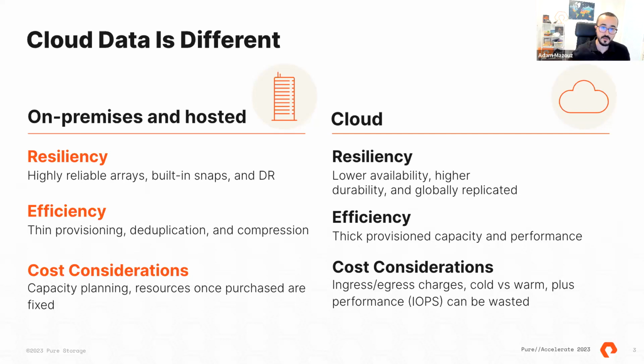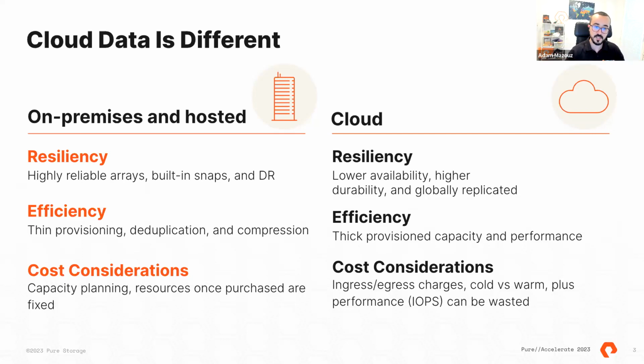In this quick video, we're going to try to highlight those differences, giving you the familiar use cases that you consider doing in the cloud when you think about your cloud journey or you migrate to the cloud fully. So one of these is resiliency. On the premises, we have arrays that are highly available. We have different rack units, and that's something that we can manage ourselves. But once you go to the cloud, this terminology is fundamentally different. You have different availability zones, you have regions.